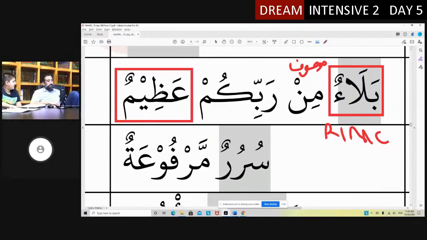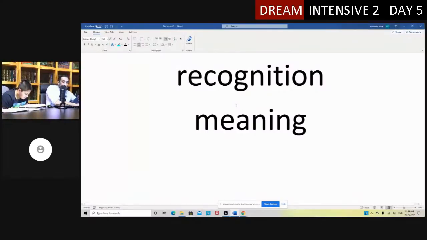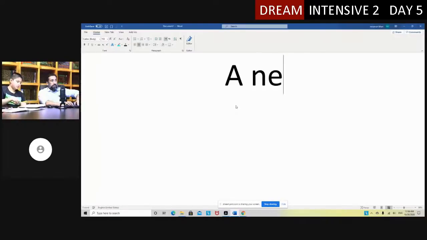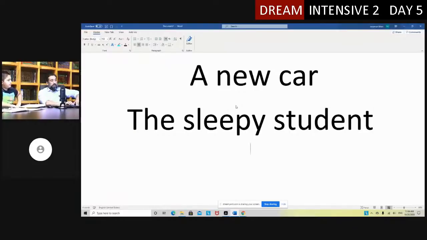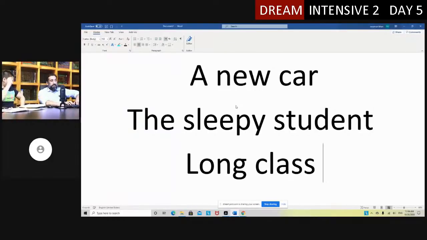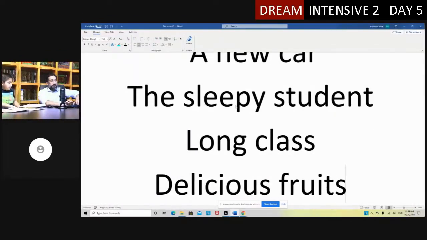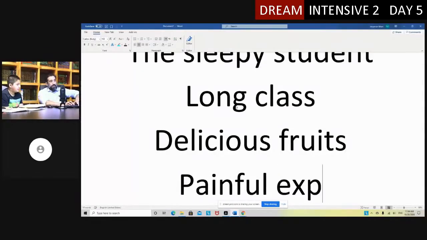Ustad, we're getting some requests to go over the concept of mawsuf sifa. That's fine. We can go over the concept of mawsuf sifa. In English, let's go through English first so you understand what the purpose of it is. If I say a new car, or I say the sleepy student, or if I say long class, or if I say delicious fruits, or if I say painful experience,